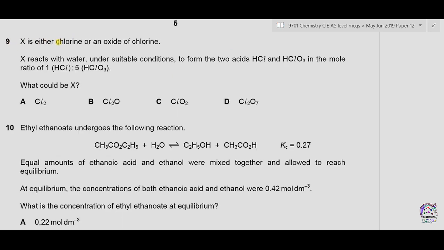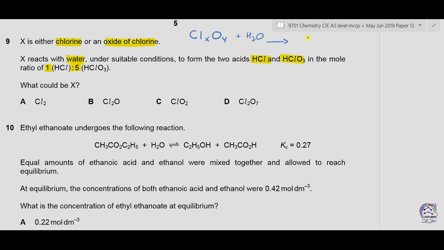Question number 9. X is either chlorine or an oxide of chlorine. X reacts with water under suitable conditions to form two acids, HCl and HClO3, in the mole ratio of 1:5. What could be X? We can write a chemical equation for this type of reaction. X could be chlorine or oxide of chlorine, so let's make it ClXOY. If it is just chlorine, then the value of Y will be equal to 0. And if it is an oxide of chlorine, then there will be some value of X and some value of Y. Now this reacts with water